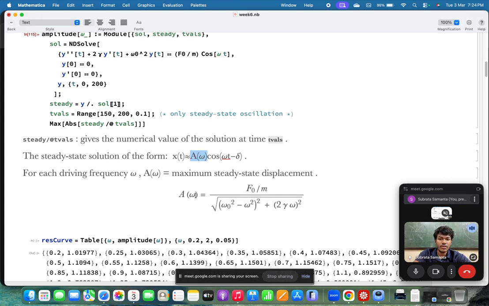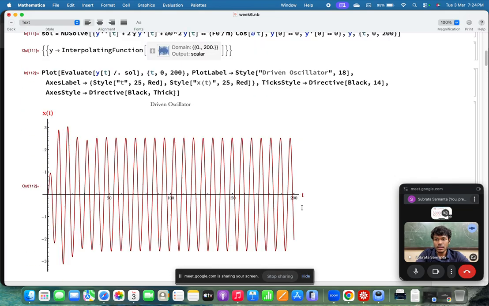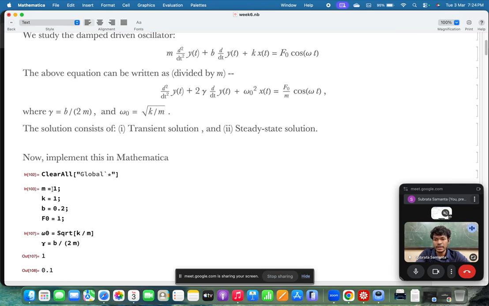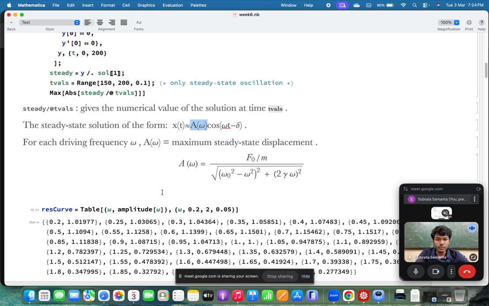The formula of A(omega) is basically F naught over m, over the square root of (omega naught squared minus omega squared) squared plus (2 gamma omega) squared, right. You know the value of omega naught, the natural frequency, which you calculate here given the values of k and m. My omega naught is 1. So now you see at some values of omega this amplitude becomes maximum,